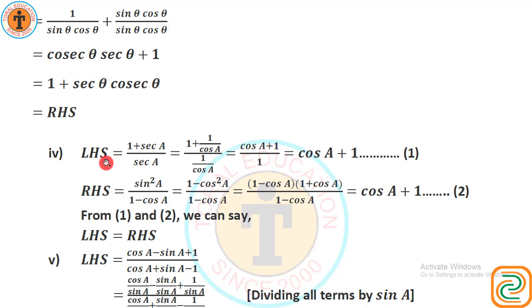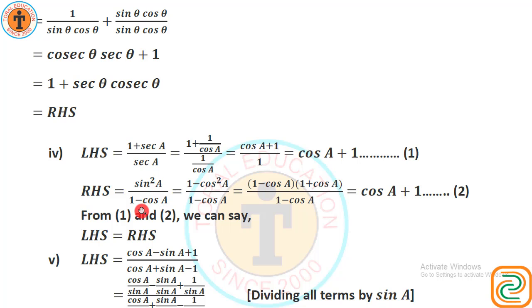Now look at here, left hand side. I have proved both the sides separately. Left hand side 1 plus sec theta upon sec theta. What I have done? Converted into 1 upon cos. 1 plus 1 upon cos theta, cos A upon 1 upon cos A, because sec equals 1 upon cos. Take this into numerator, take this into denominator after taking LCM. cos A into 1, that is cos A plus 1, this is cos A plus 1, right? This cos A and this cos A both are LCM, so they can be cut off. So upon 1, therefore cos A plus 1, result number 1.